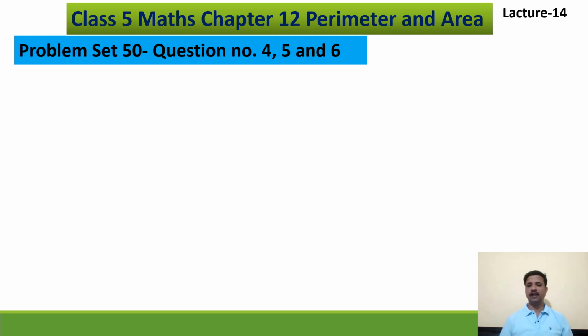This is lecture number 14 and this is the last lecture of our chapter number 12, perimeter and area. This is the class 5 math chapter number 12, perimeter and area. Previously we have solved the problem set 15, questions 1 to 3. In this lecture we will solve questions number 4, 5 and 6. So question number 4 is